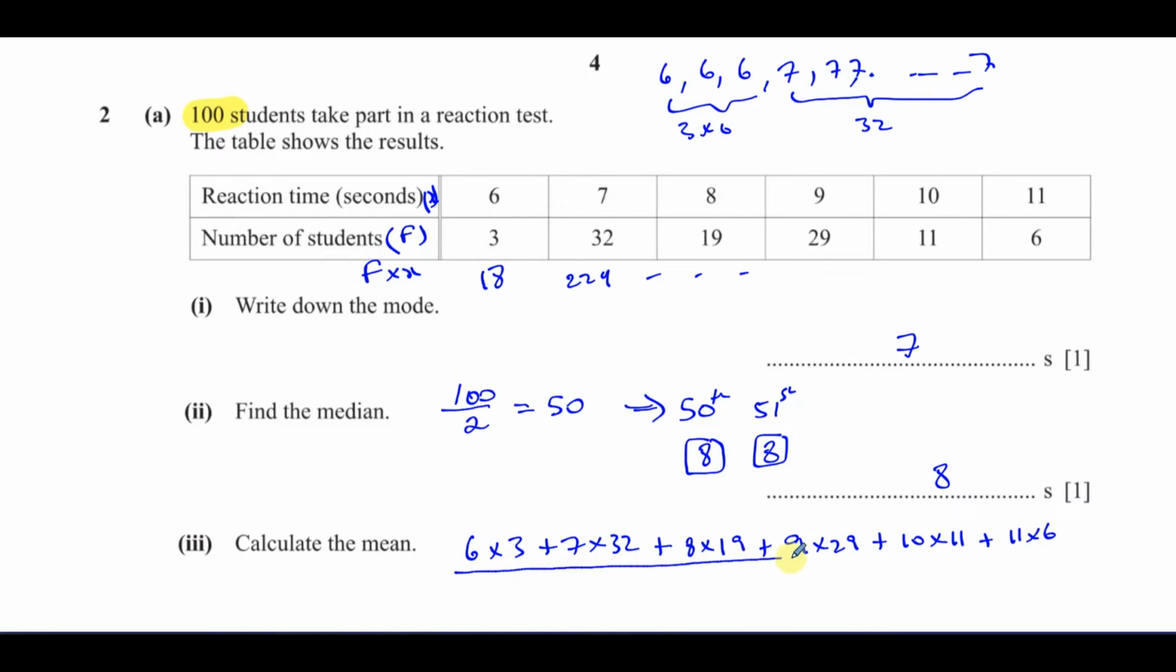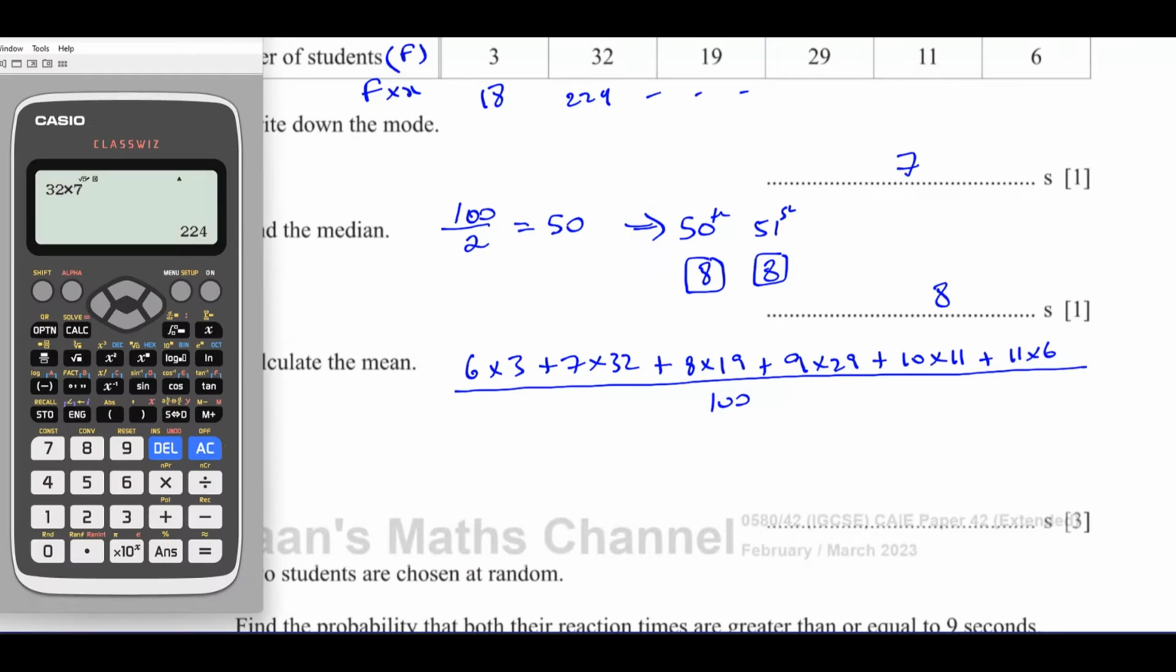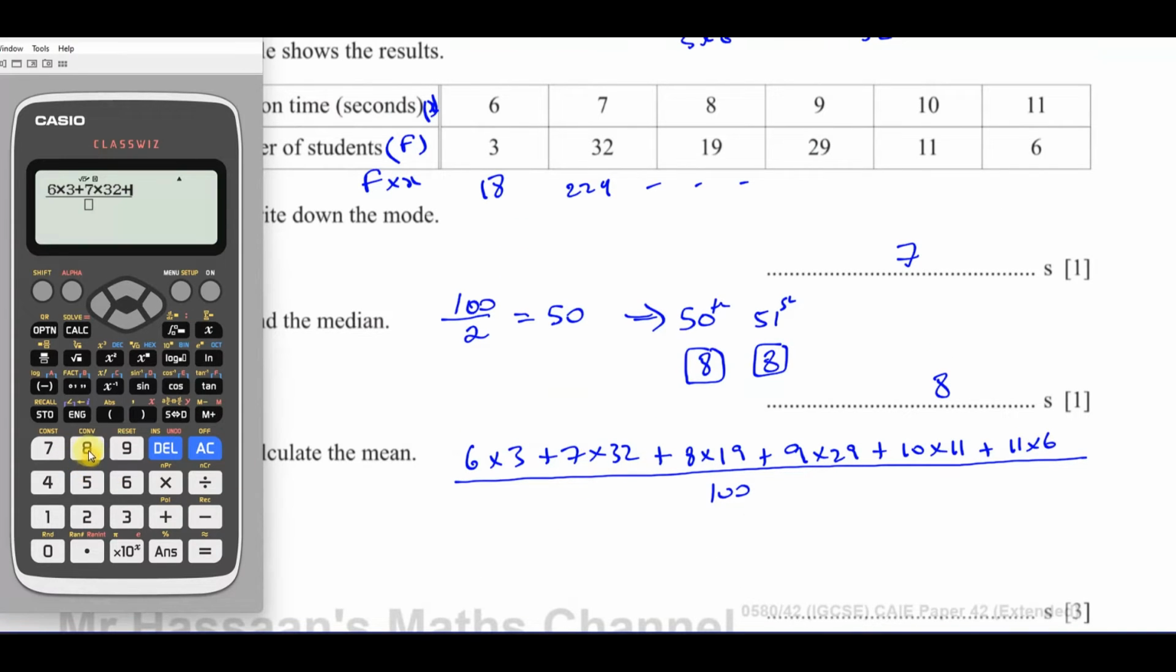All of that over the number of entries altogether, which is 100. And that will give us our mean. Okay, so we can just stick that in the calculator and just be very careful not to make any mistakes. So 6 times 3 plus 7 times 32 plus, I'm going to double check with the table in case I wrote something down wrong, 8 times 19